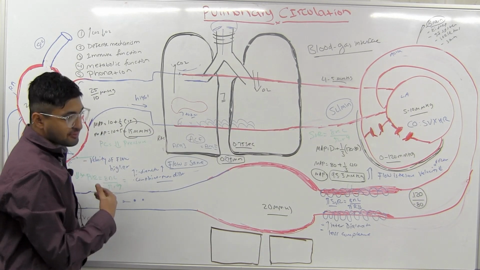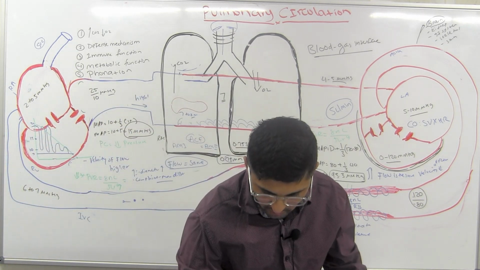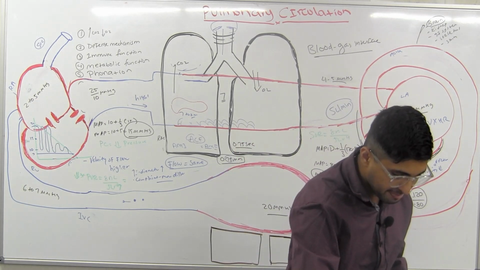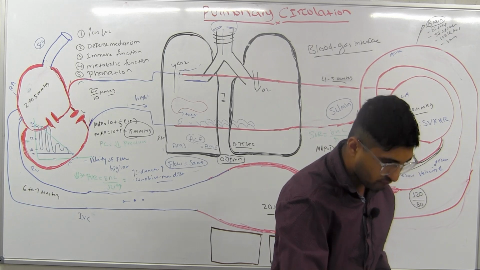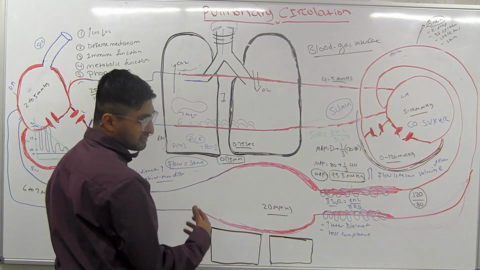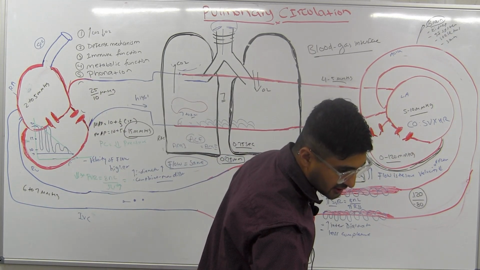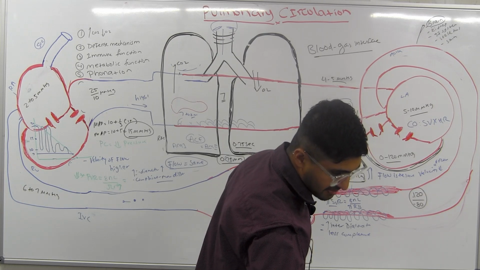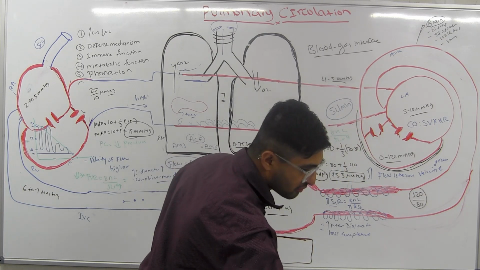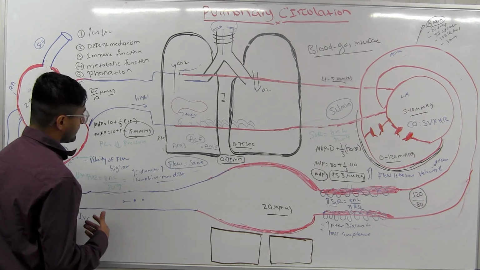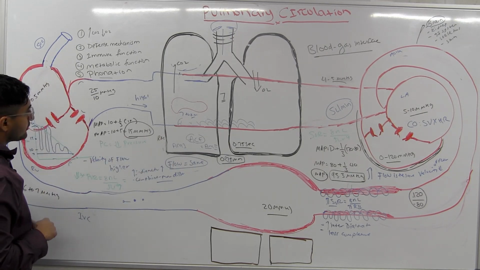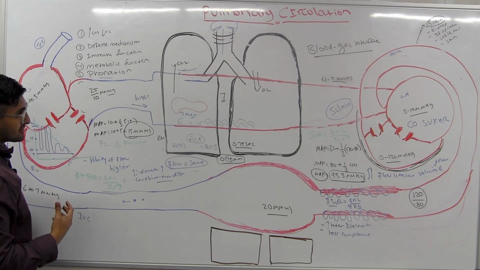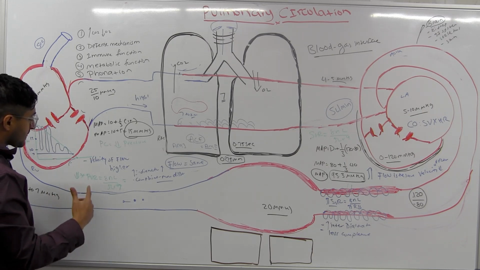Now after this, we have to talk about a couple of things. One of the things we have to talk about is the pulmonary vascular resistance, with the lung volumes and also the blood and that kind of stuff too. Now, if we want to talk about the pulmonary vascular resistance and systemic vascular resistance,